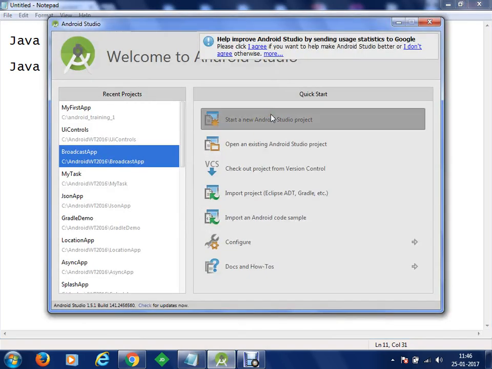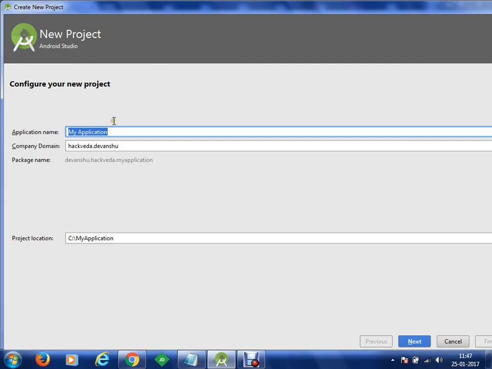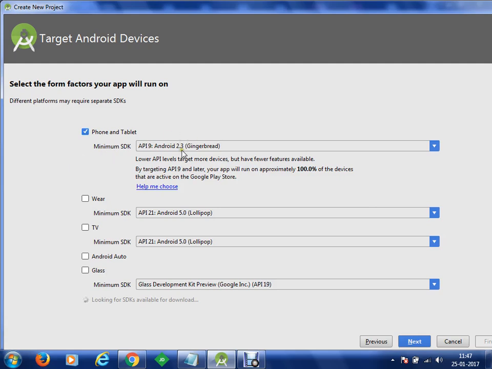We're going to start a new Android Studio project. So let's give it a name. We are going to test our application and we are going to name it as Java approach. Okay, let's go next. Here we are going to create our application minimum for Gingerbread. Let's go next.